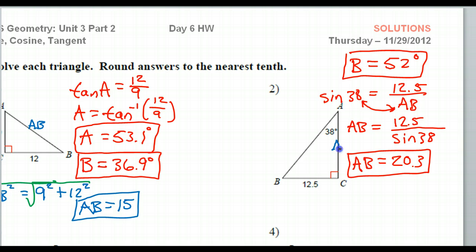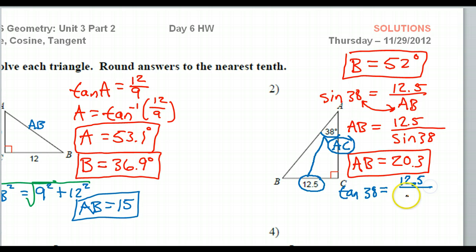Now we need to find AC, which is right here. Again, looking at the angle that I'm given, the side that I'm given, and the side that I'm trying to find, what I have here is opposite and adjacent. So that is the tangent function. So I'm going to do tangent of 38 is equal to 12.5 over AC, opposite